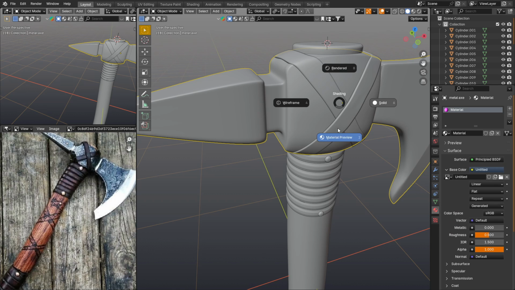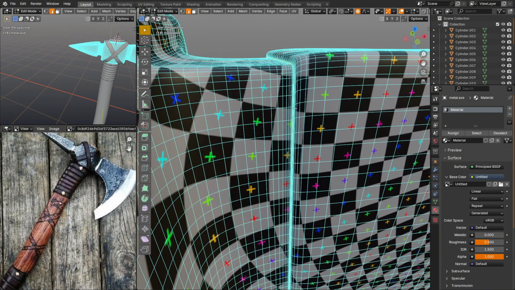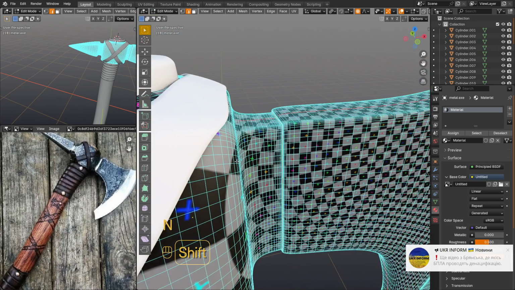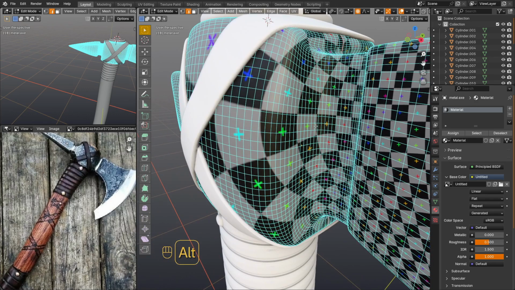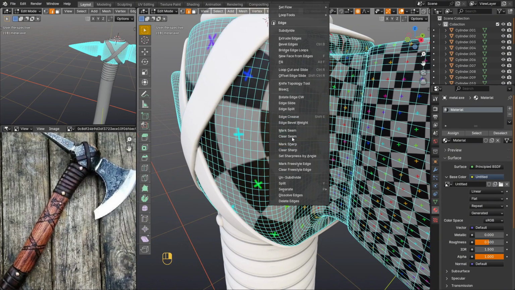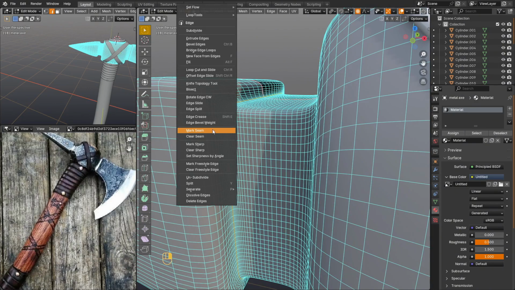Now if we go to the material view mode, we can clearly see how our material will be laid on the model. And what we see in front of us is a very bad result. I did it on purpose to show you how not to do it. This happened due to the lack of seams on the model. Therefore, we go to the editing mode and add more seams in the transition areas.